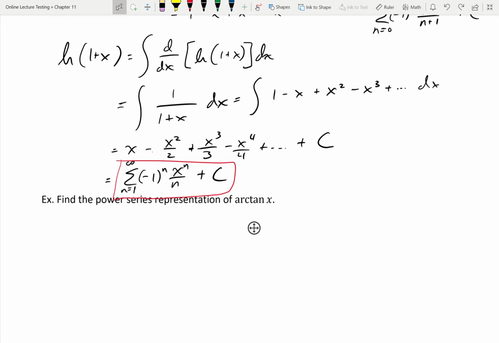But before we do that, there's one more thing I want to point out. If we want to find out what C is, notice that 0 is the center when it's written in this format. The center A is equal to 0. Okay? And so what we could do is take the natural log of 1 plus 0 and set it equal to this. Well, if I plug 0 in here, this goes to 0, and we're left with C. So in this case, this implies that C has to also equal 0. Therefore,